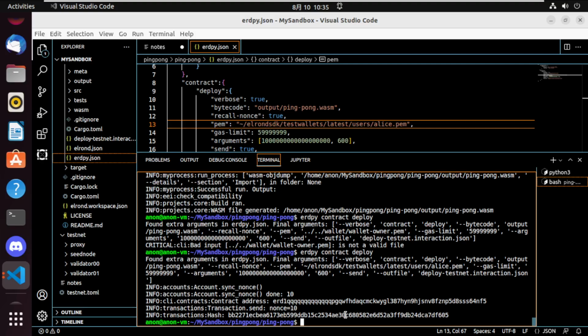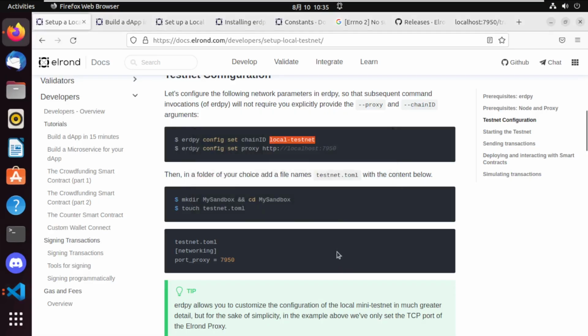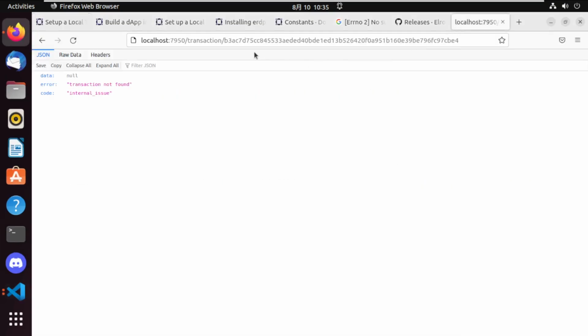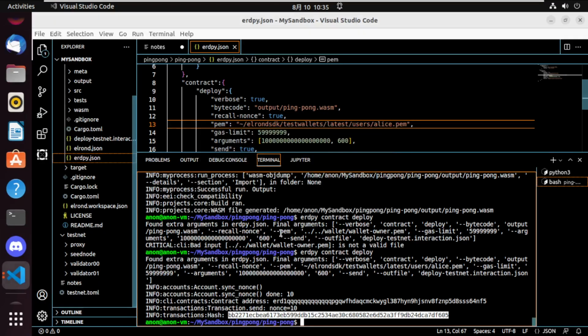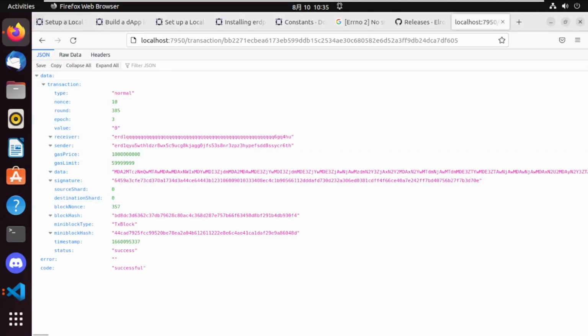All right. And there it is. So we just went ahead and deployed our smart contract there, and if we just follow through,